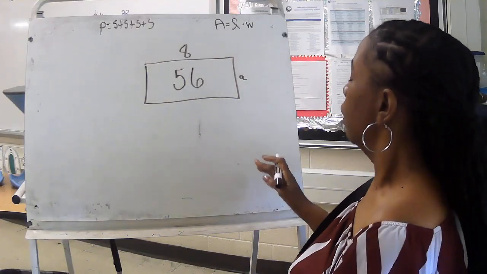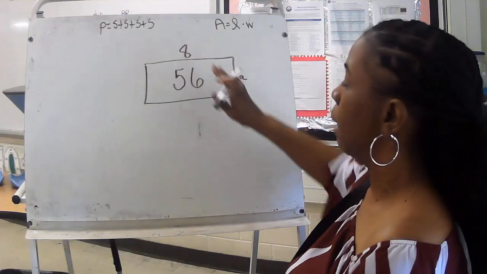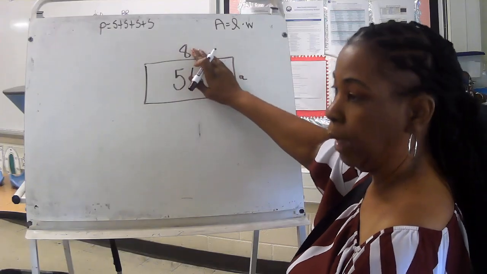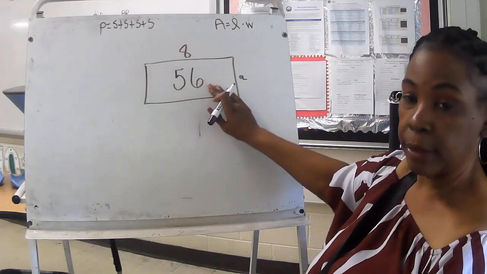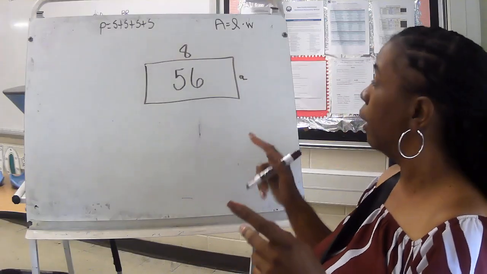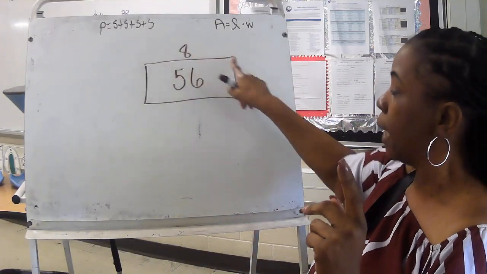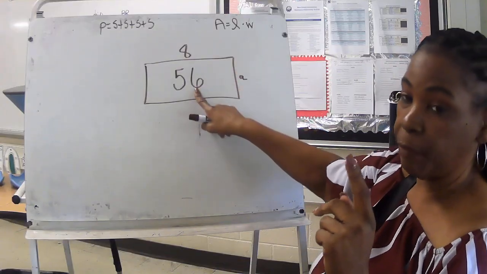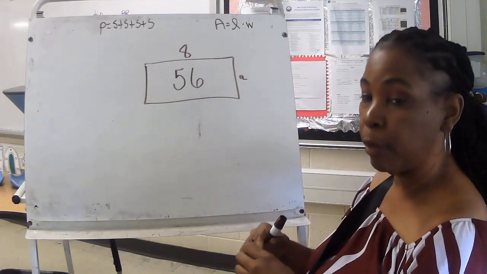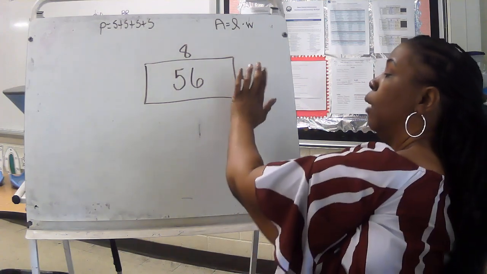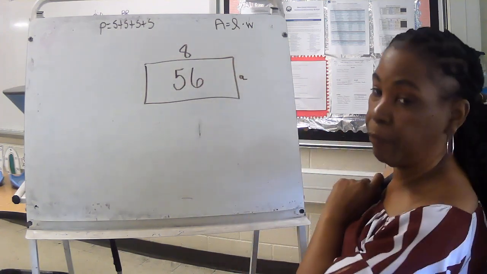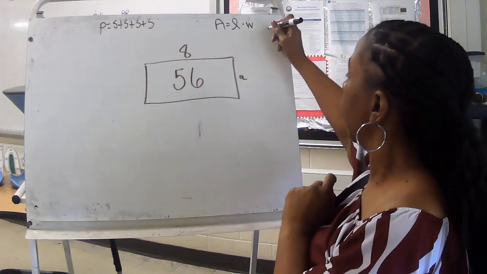Okay? So the first thing I'm going to do is my multiples of 8. And I'm going to stop when I get to 56. Because we all know area equals length times width. So we know we're multiplying 8 times some number, and that's going to give us 56. That's why we're doing our multiples of 8, because we know 8 times something has to give us 56. Okay? So we have